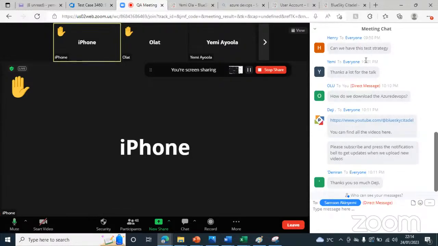Okay. So now this is your assignment as a team. The first one we are going to take, you've all been assigned to your various groups. So what you are going to do is that for us to start, because I told you the start of a project, we need to design our test plan and test strategy. So you're first, as a team, you are going to come together,